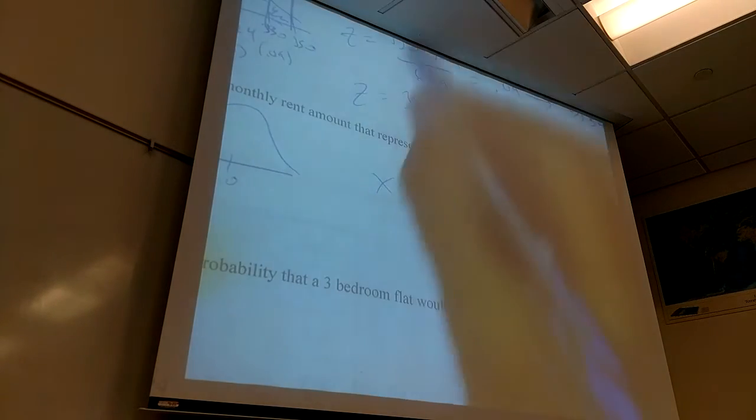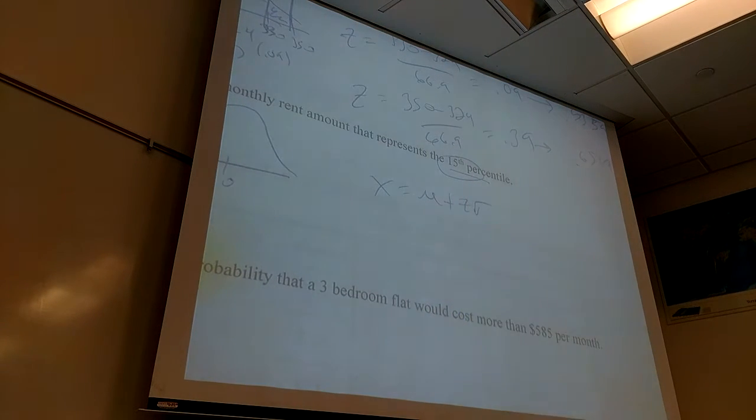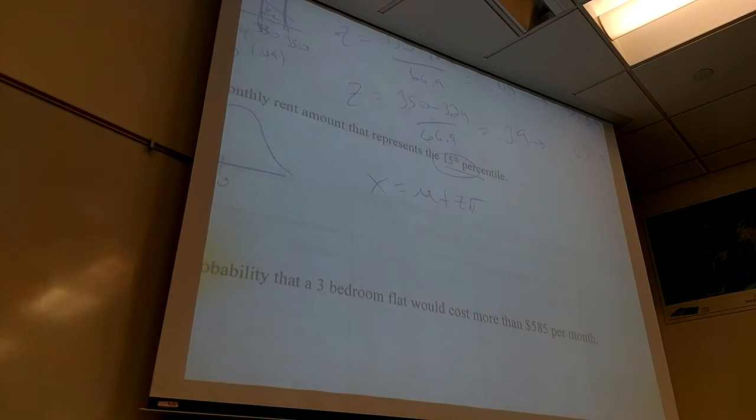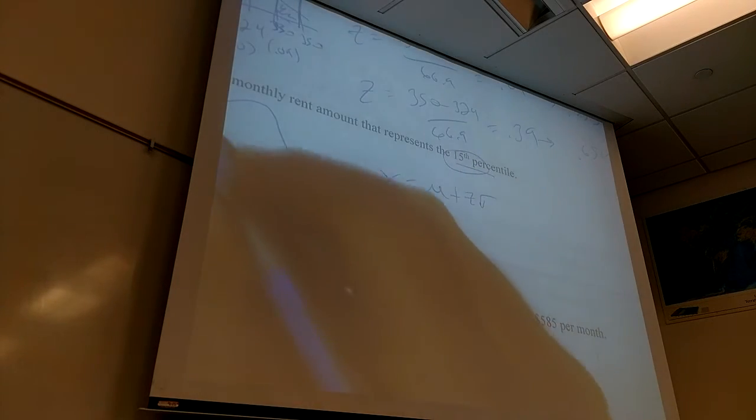This is the one that goes backwards. It starts with the percentage. So I've got to make that back into a z-score, make it back into a rent in this case, a raw score, an x. So when I look up 0.15, the closest I can get is